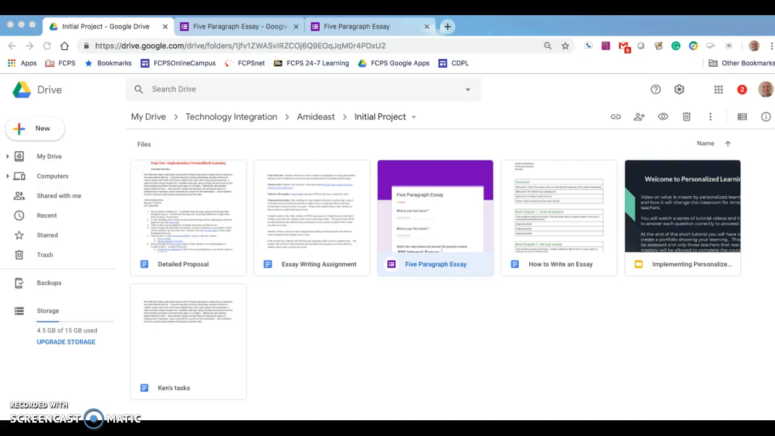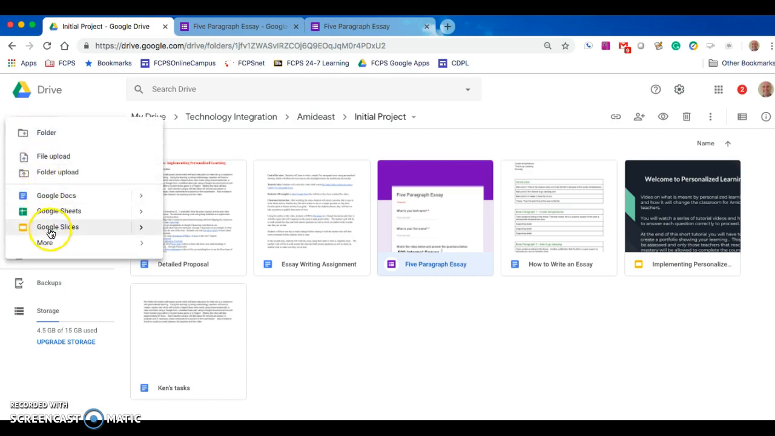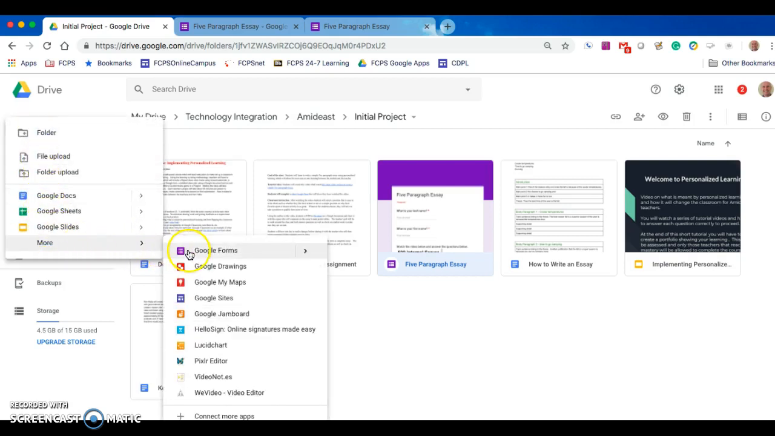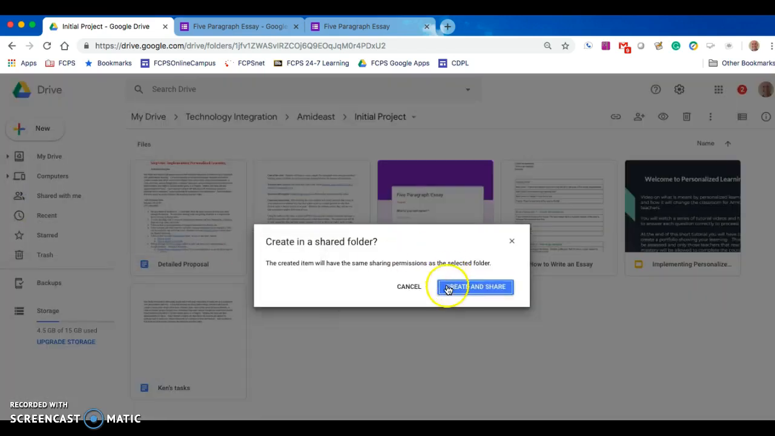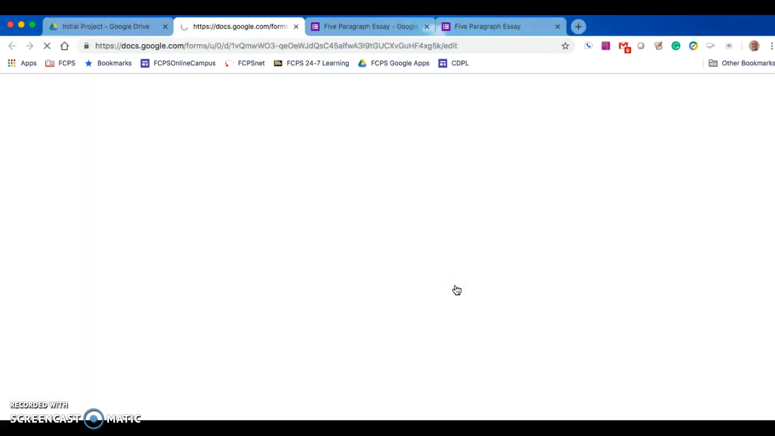So this video is about how you can use a Google form to create an entrance or even an exit ticket where you ask questions of your students. First thing you do is you go here and you go to New, and you're looking for Form, which is on the second part, and you go Create and Share,